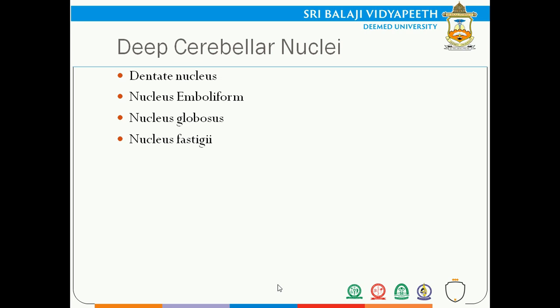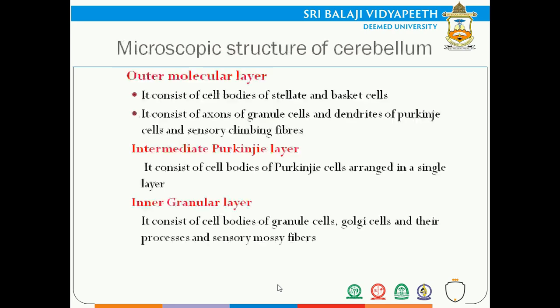Fill in the blanks, 2 mark questions they can ask you. Name the cerebellar nuclei. Four nuclei were expected to be written for 2 marks, half mark each. Okay, or it can be asked in practicals as well. So it is very important, a 2 mark question and a favorite for many examiners as well.